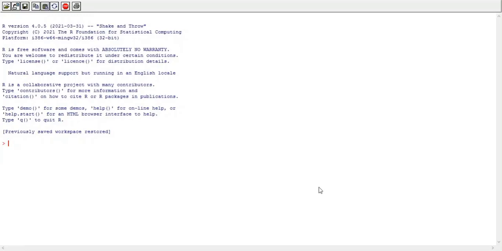In previous session, we have studied subset function in R by using which we can select or filter data from data frame as per our requirement. We have also studied how to reshape data frame by using merge and join function. In today's session, we are going to study some more functions of data frame by using which we can format data in data frame, or we can perform formatting of data frame.